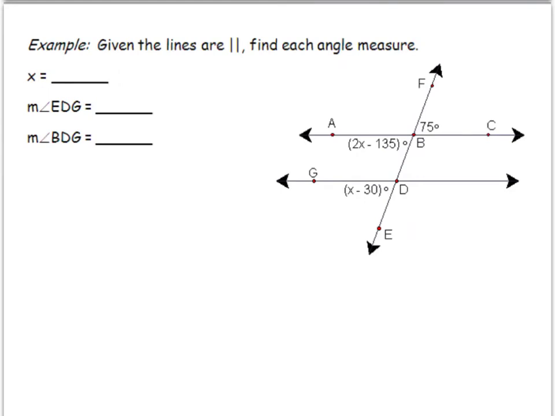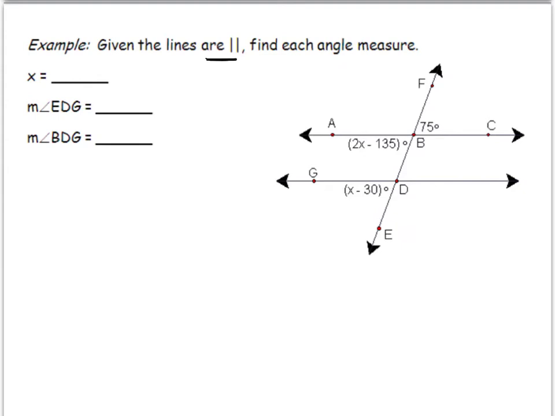So now we're just going to go ahead and run through a couple examples using those theorems. What they're saying here in this first example is that we're given that the lines are parallel. So we know that line AC and GD are indeed parallel to each other. As soon as we know they're parallel, that means alternate interior, alternate exterior, and corresponding angles are congruent, and same side interiors are supplementary. So looking at this information, the first thing we want to do is